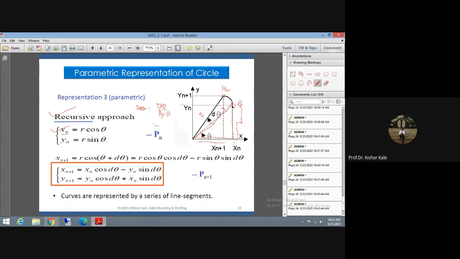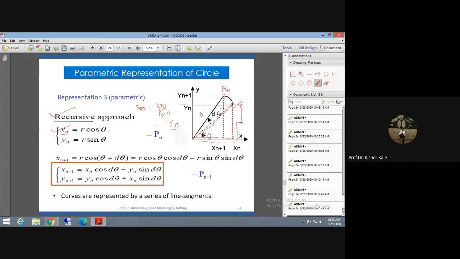So this length of the side is yn. This y coordinate is there. So we can write opposite is yn. The distance is yn from the origin, because the coordinates of Pn are xn and yn. Xn means the distance from the origin along the x-axis. Yn means the distance of the point P along the y-axis. So this distance is yn.